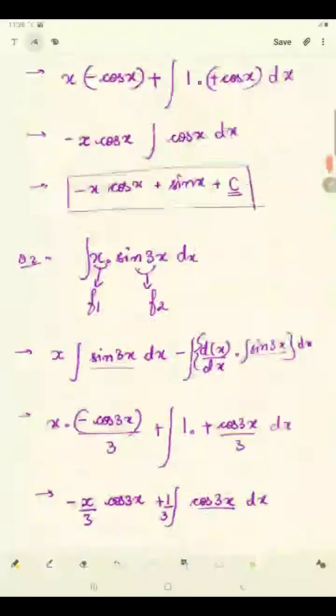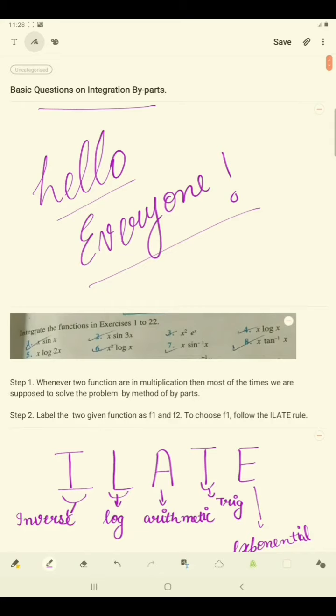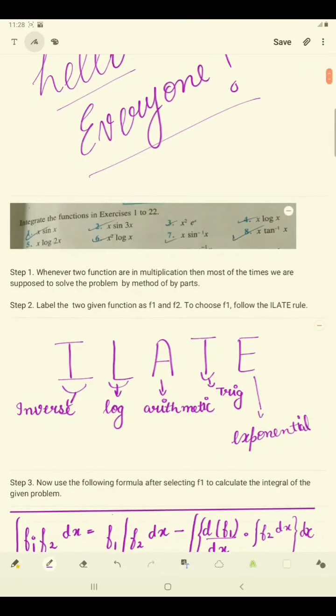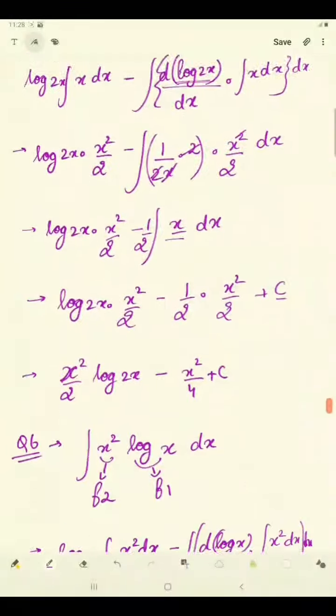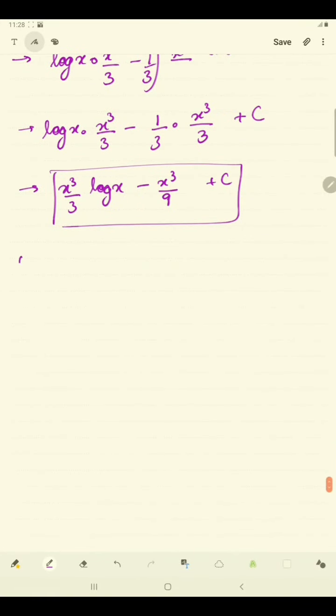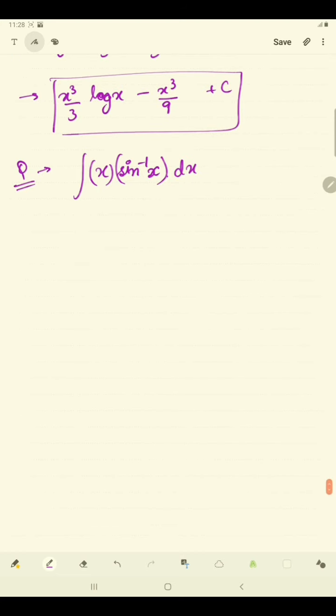Now let's get back to the seventh question, x into sine inverse x. This is a very good question, x into sine inverse x. So the last two questions are a bit out of your league. These are the questions that a child needs to ask the teacher first, because these questions are pretty hard to do the first time, and if you did it, then congratulations, you are among the 10% of the students who did this question in the first go.